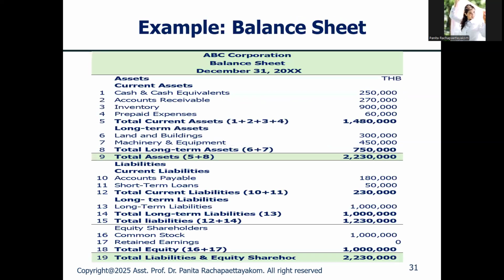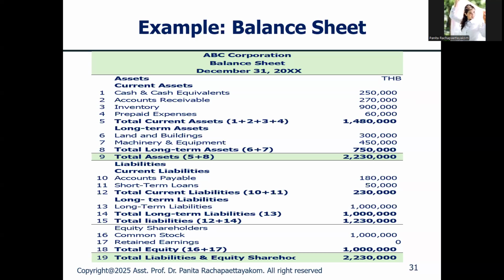Here is an example of a balance sheet. On this slide, I provide you an example of the ABC Corporation balance sheet. The main concept of the balance sheet is that assets equal liabilities plus equity, right? From this example, the total asset of the ABC Corporation is 2.23 million Thai baht, and the liabilities and equity of the ABC Corporation equal the total asset at